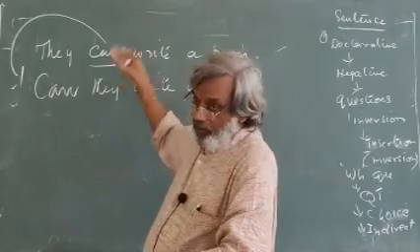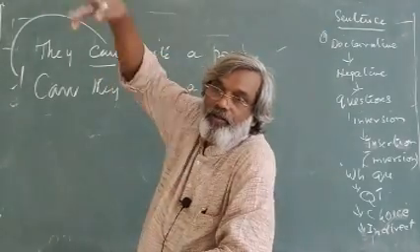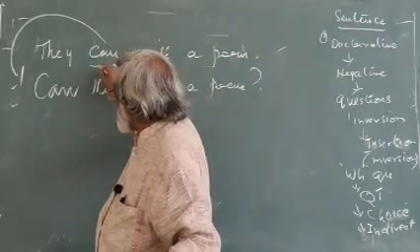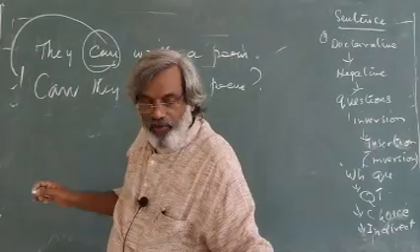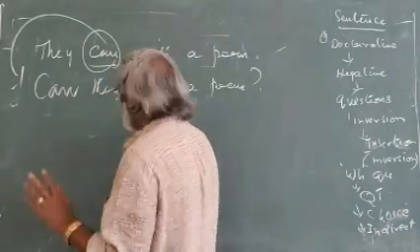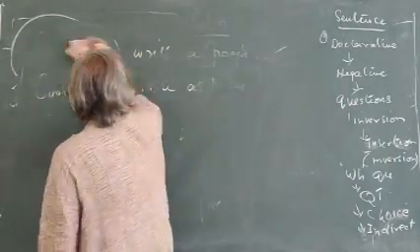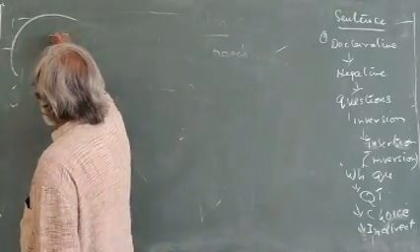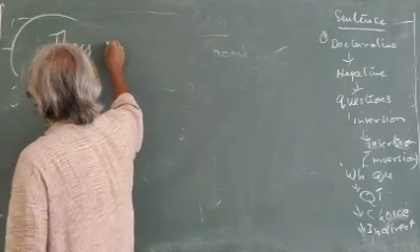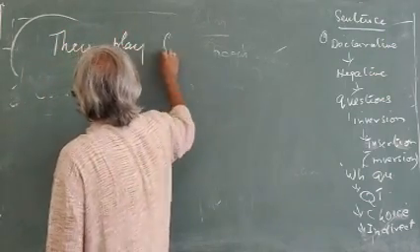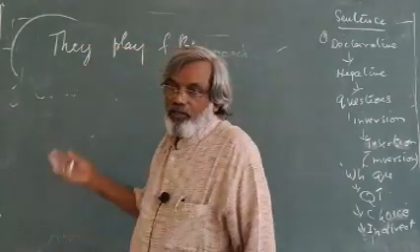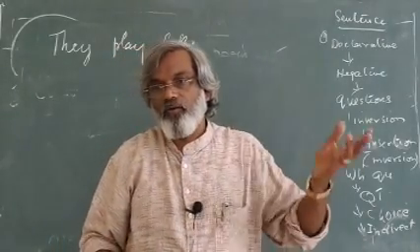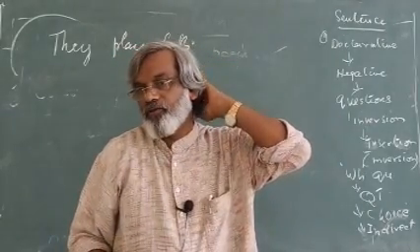Earlier we studied the yes or no pattern, now we study the inversion method. After that, in certain sentences, we don't have a primary auxiliary or a modal auxiliary. Example: they play football. In this sentence, no auxiliary appears. What do you call a modal auxiliary not appearing? So what shall we do?